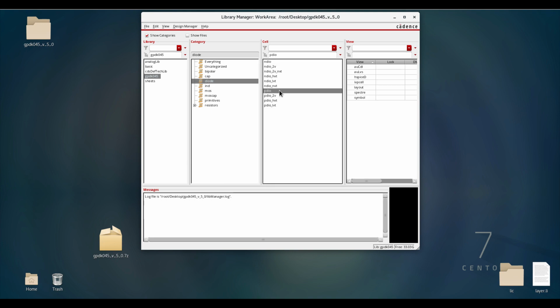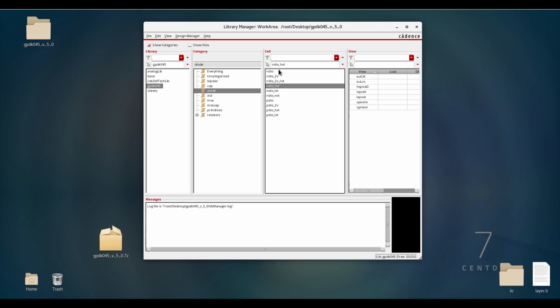Then we have diodes, different types of diode. We have an N diode and a P diode, and high voltage diode and low voltage diode. See how I am telling whether it's a high voltage or low voltage diode. Whenever you see any device, there will be some prefix and suffix for the device. Here at the end they have mentioned HVT. HVT means higher threshold voltage, and VT is nothing but the threshold voltage. Here you can see LVT. LVT means lower threshold voltage.